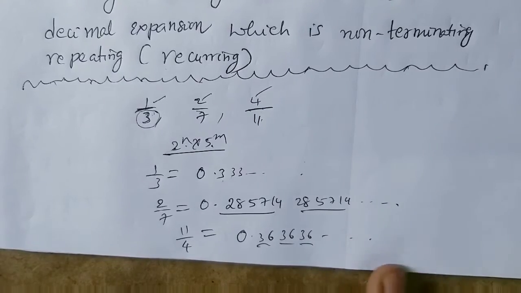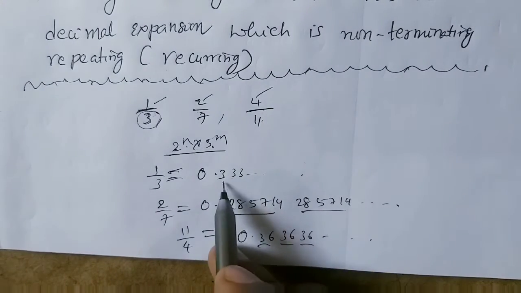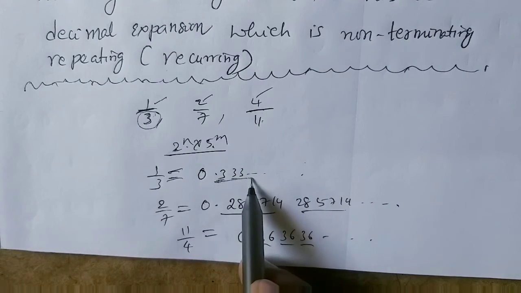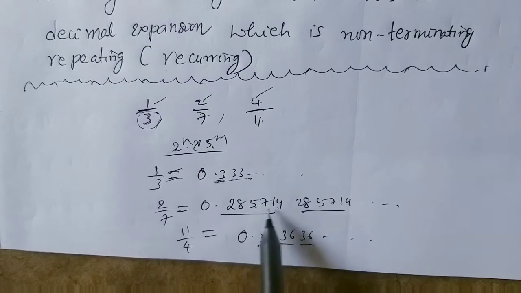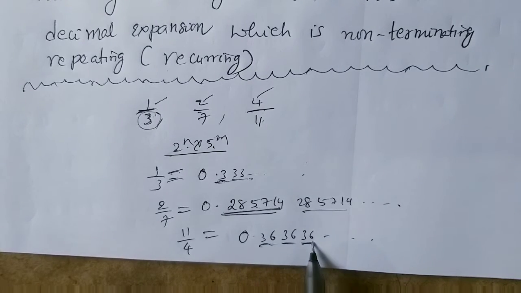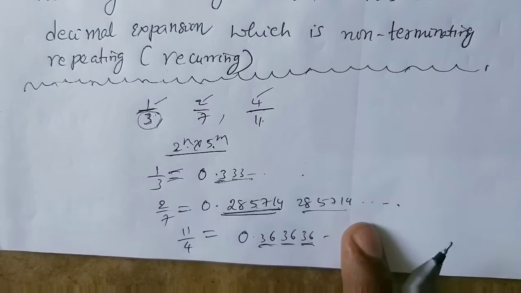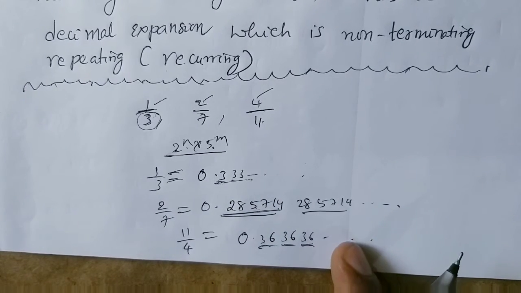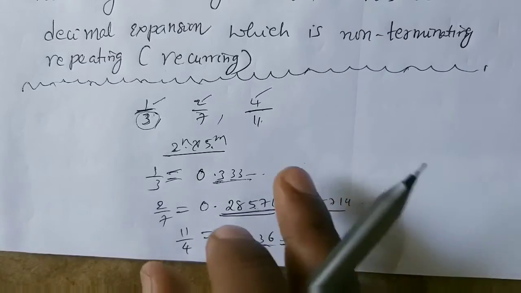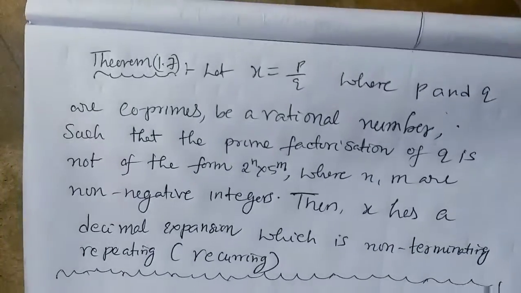So first we understand that they are not terminating decimals. Then they are recurring decimals. Recurring means repeating decimals. So here 3 is repeating. Here 285714, 6 numbers are repeating. Here how many are repeating? 2 numbers are repeating. So we understand that they are non-terminating recurring decimals. If we write what we discussed up to now in statement form,